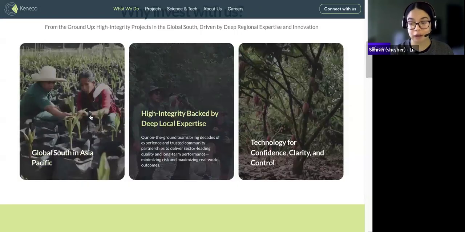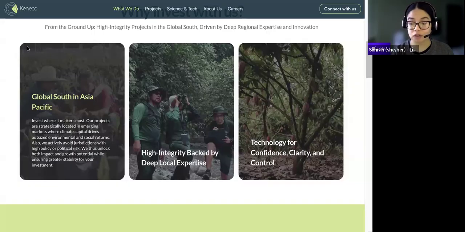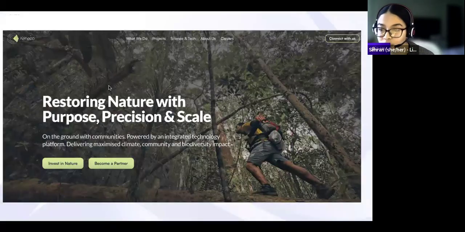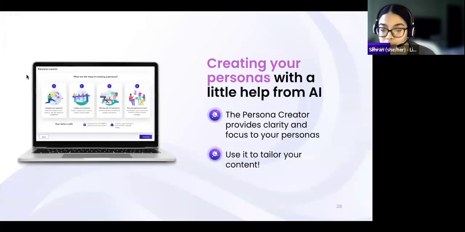So we want you to definitely think about your persona's user journey when building your content or even your website, and even your emails and your newsletters, and think about what they want and how they will be approaching your content. So now I'm just going to quickly demo our persona creator, which I'm really excited to introduce to you